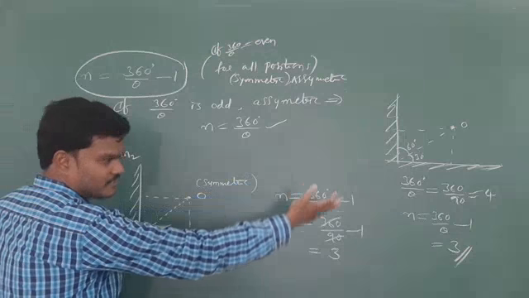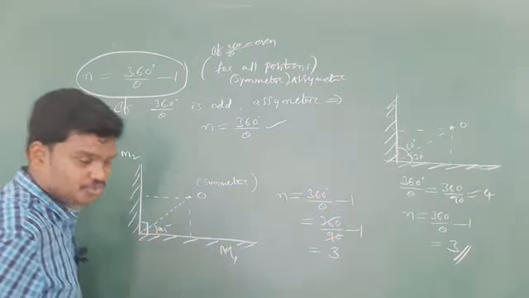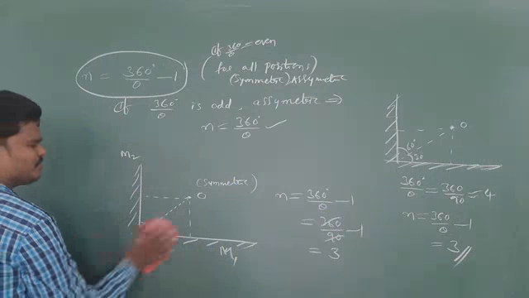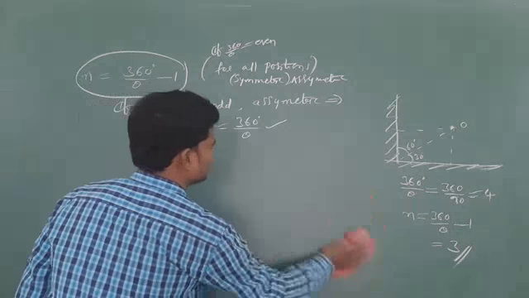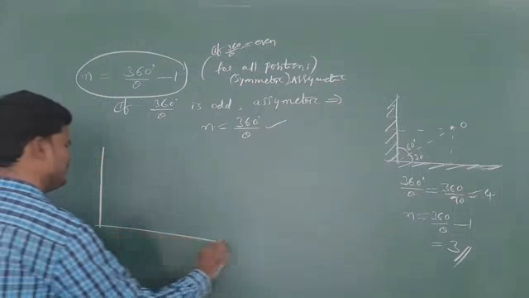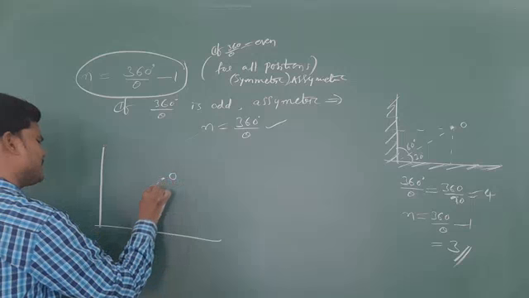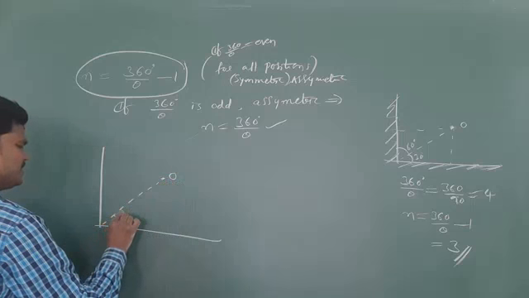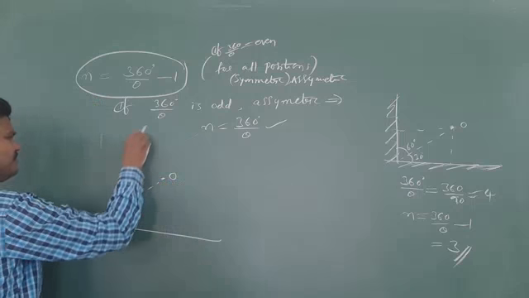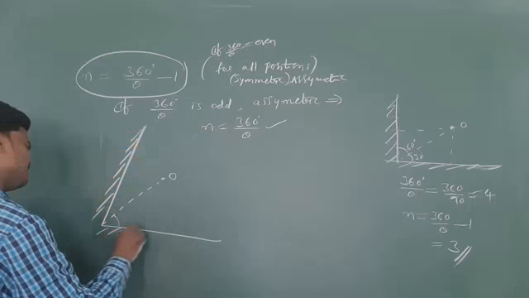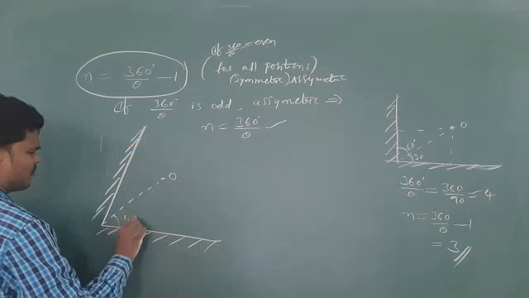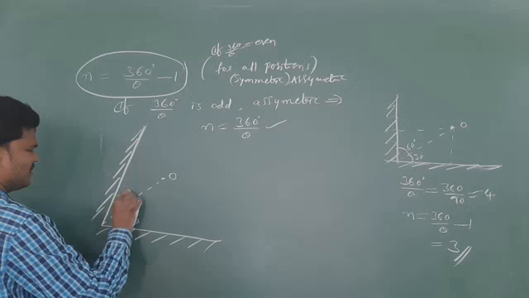See, right now I placed a symmetric object and got 3 images. I placed an asymmetric object and got 3 images. Suppose you take this one, let me take something like 72 degrees. Let me place it with a symmetric object, 72 total angle. Check this one. So this is something like 40, this is something like 32, asymmetric.